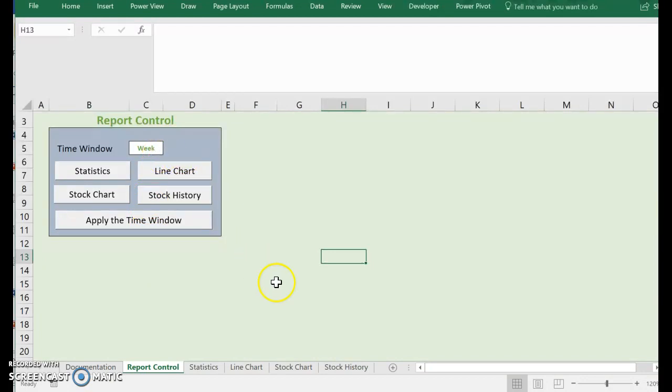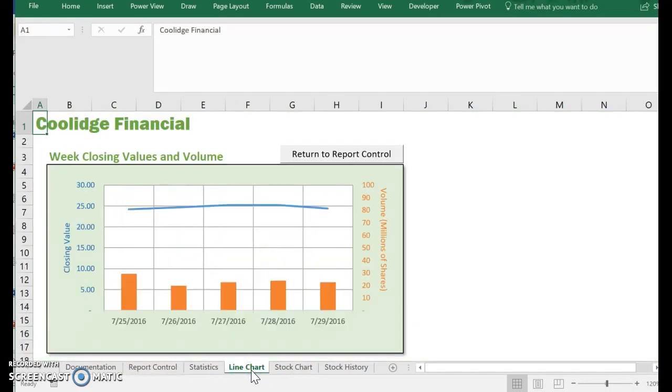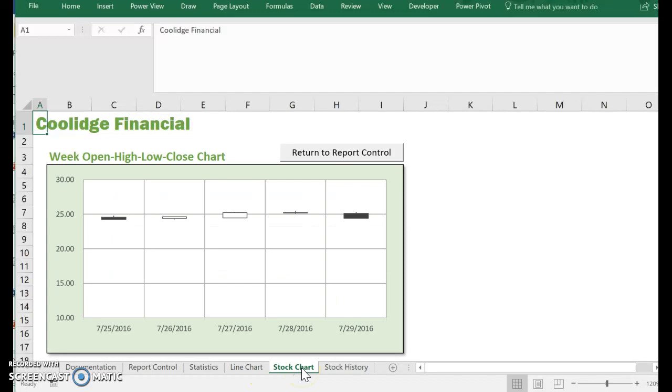Now, we can go to the line chart and we see that it's, yay, this is a big deal, class. It's showing us a line chart instead of simply a year chart. And the same thing will happen here for the stock chart. It's only 1 week's worth of data. So this is great. All right, so our last thing is to